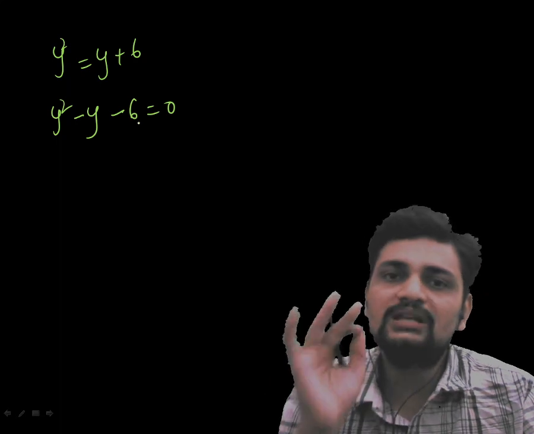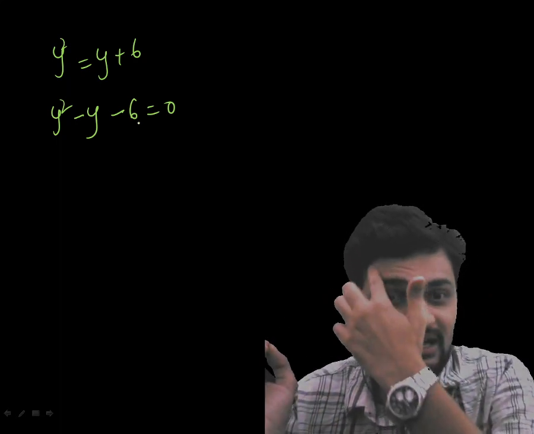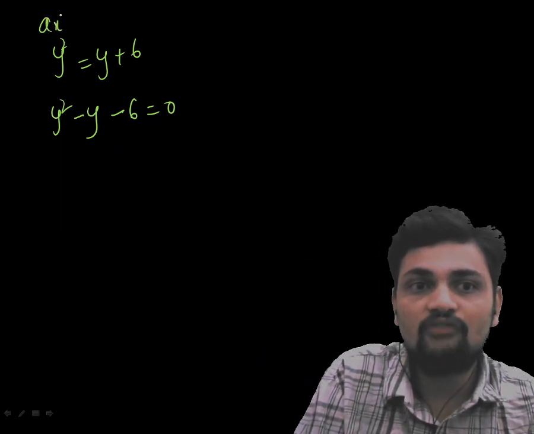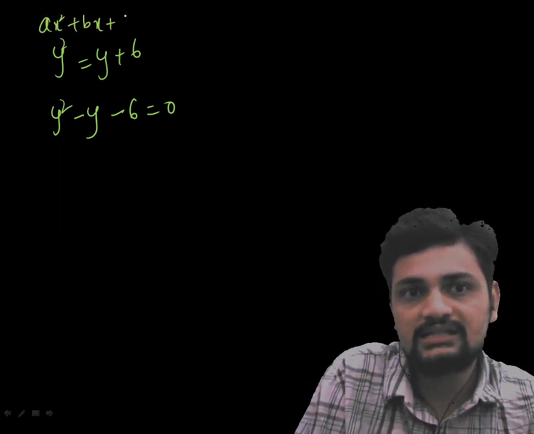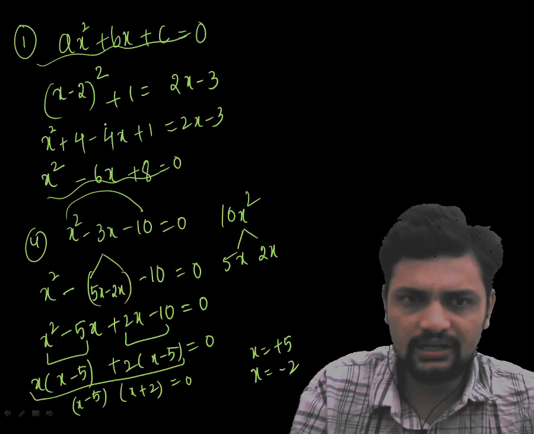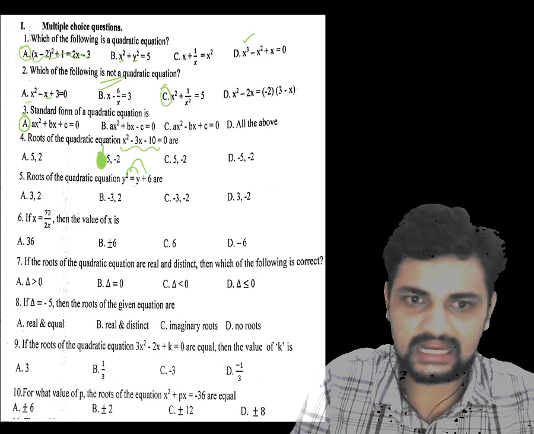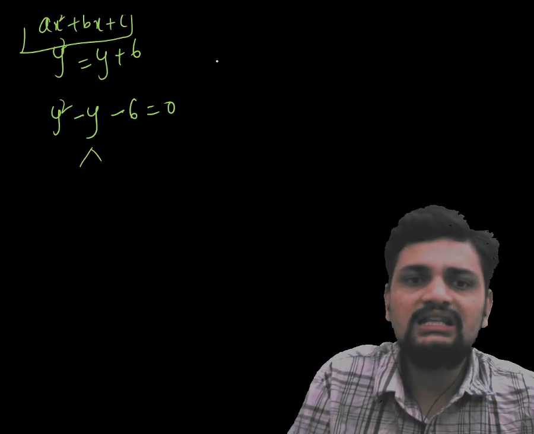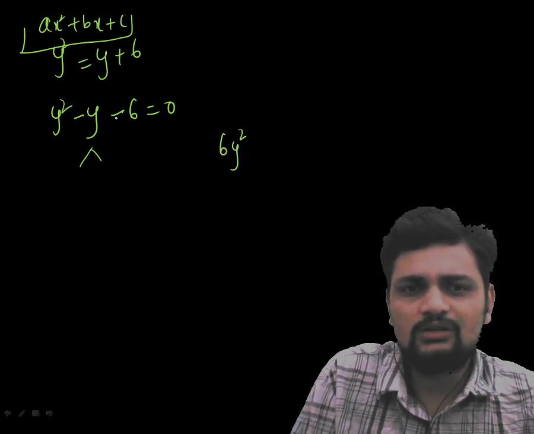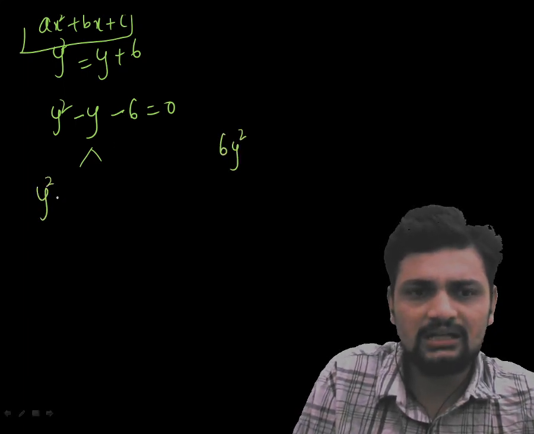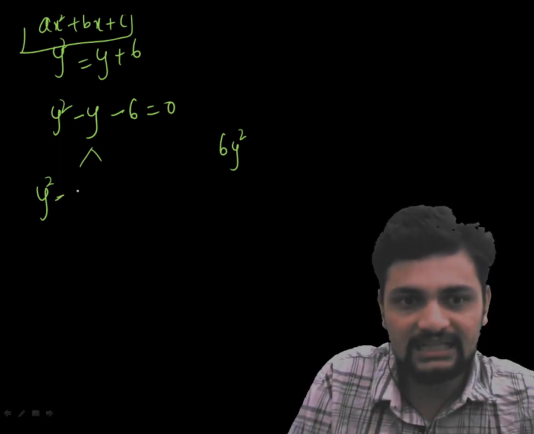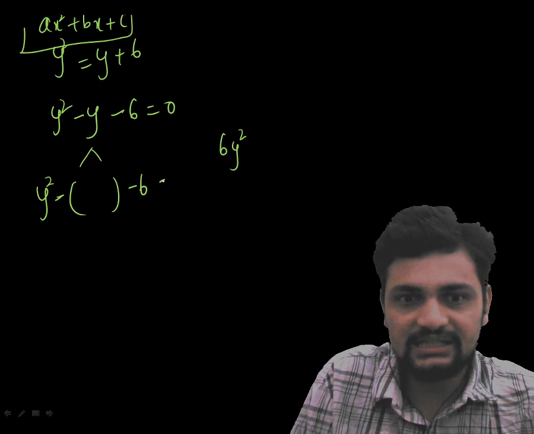This is a very first preliminary method. If you go wrong here, the problem arises, because you have to arrive at the standard form of a quadratic equation, which is this. Again they are asking the roots here. So again splitting the middle term. y square into 6 is 6y square. Don't bother about that sign, which will be balanced in the upcoming steps. So y square as it is, minus sign as it is, then minus 6 as it is.